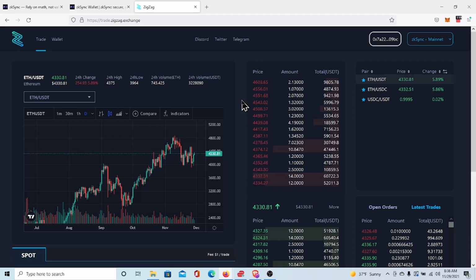But this is probably where the future is headed. This is probably where long-term the Ethereum community is headed. We're going to be mostly transacting on layer 2s, on ZKsync or Arbitrum or something along those lines. So enjoy experimenting, make your trades,